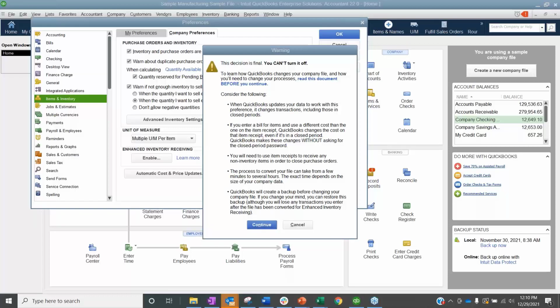It's really important to do that. So you want to just make sure that you're paying attention here. The first thing it says is you can't turn it off. So that's really important to note. You cannot turn this off once you turn it on, because what it's going to do again is it's going